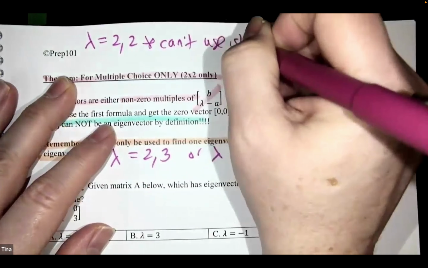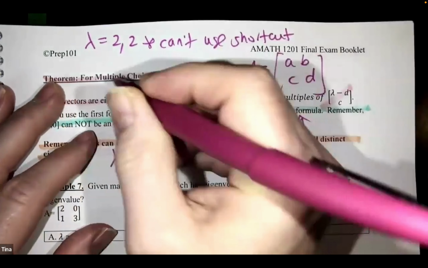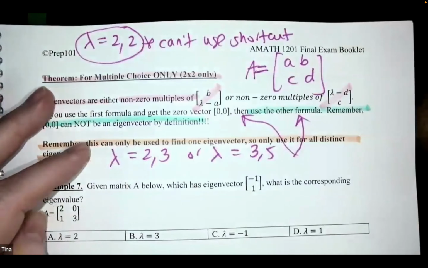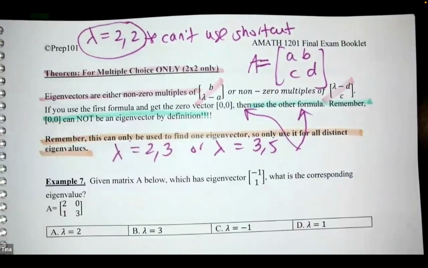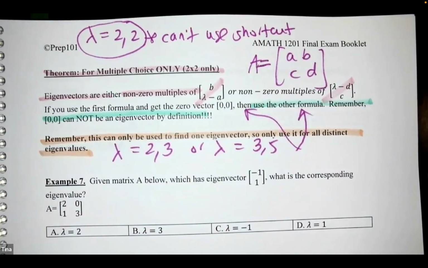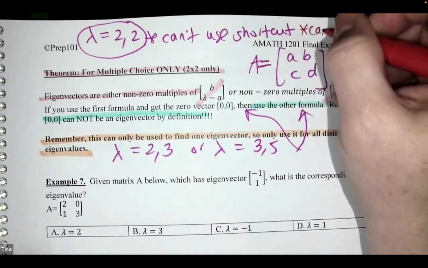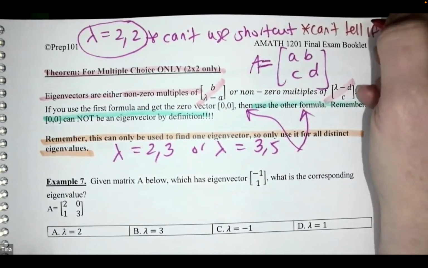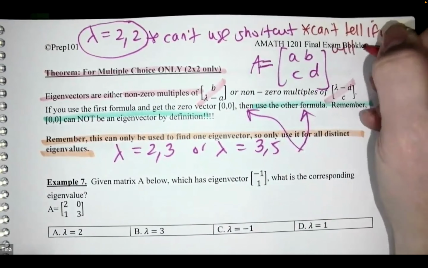You can't use the shortcut because just by looking at this, we have no idea. Is that one eigenvalue going to give me two different eigenvectors or one? Well, this method can only ever give you one. Okay, so we have to do it the long way because we can't tell if we will end with